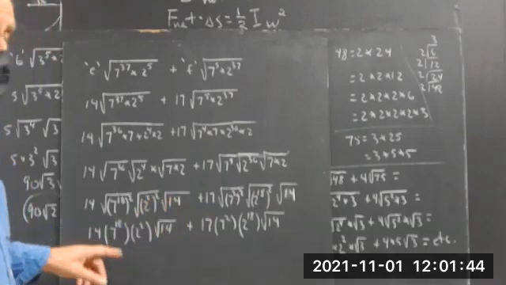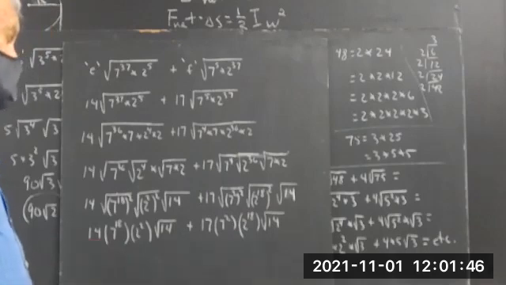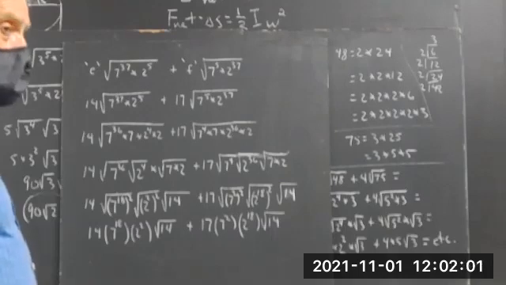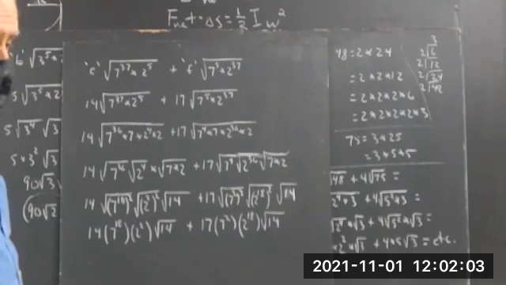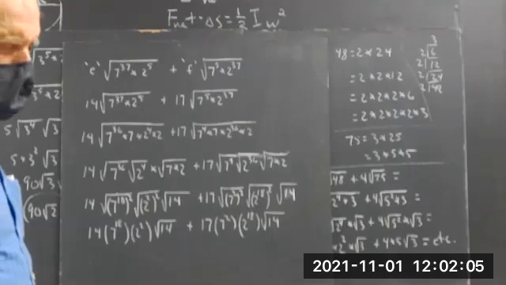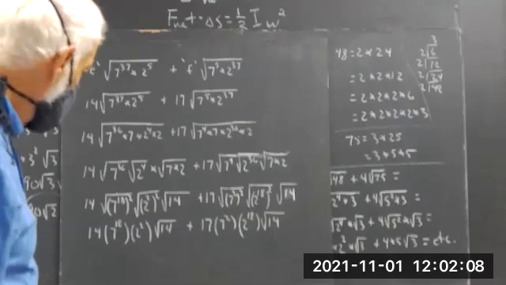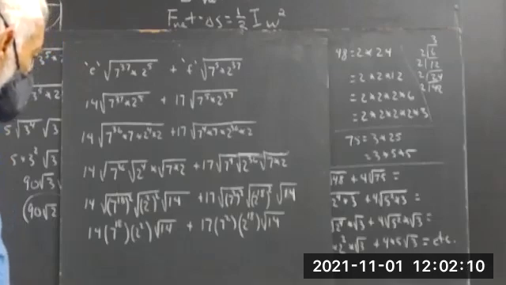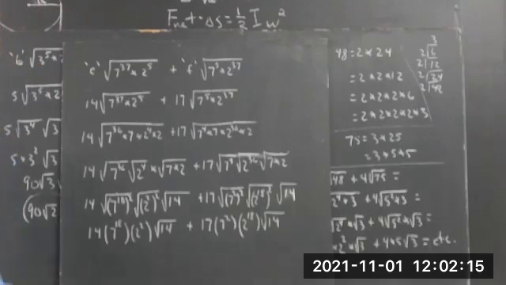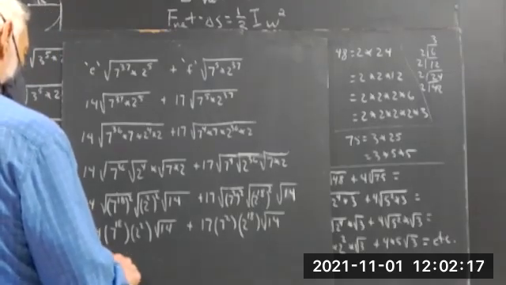And 7 to the 18th, let's see, that would be 50 to the 9th. 50 cubed is 125,000. 125,000 to the 3rd is over 10 to the 20. No, it can't be over 10 to the 20. Okay. Anyhow, there we have 14 times